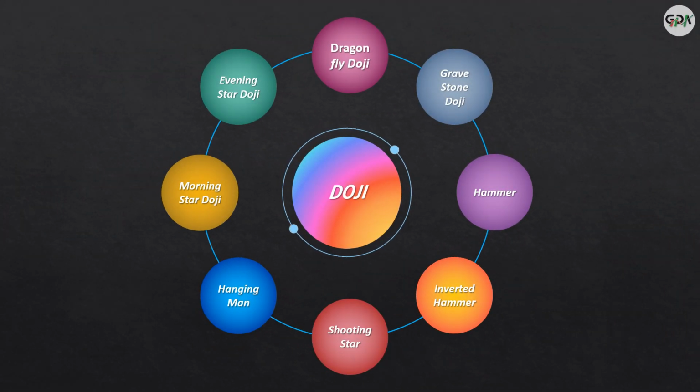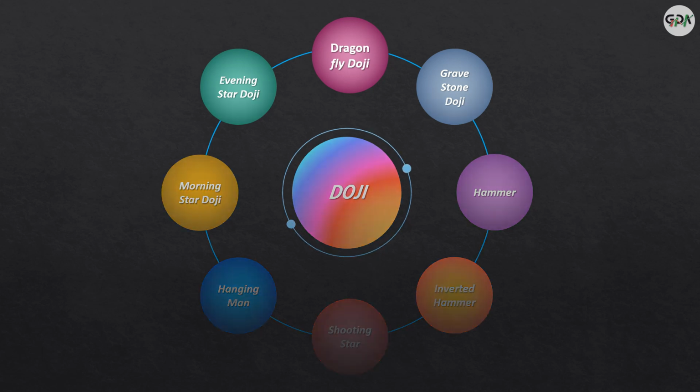Friends, let us see another type of doji called Morningstar doji. Morningstar doji, also called as a three candle bullish reversal pattern. First red candle was opened here, continues the down direction and closed here. Second green doji candle is formed, which is an indication of the price indecision.